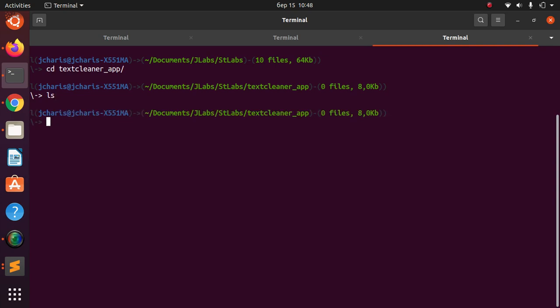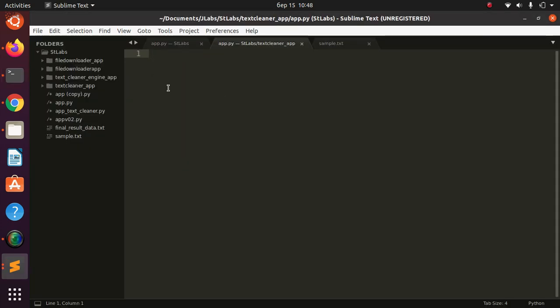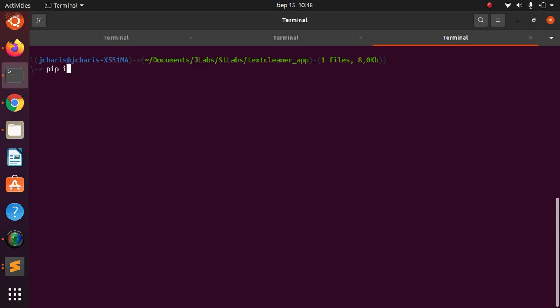As you can see, there's nothing here, right? So I'm going to create a file called app.py, and then I'm going to open this app.py. We are using Streamlit and then pandas, and then we are using NeatText to help us. In case you don't have any of these packages, you can just go back and install them with this option. So pip install